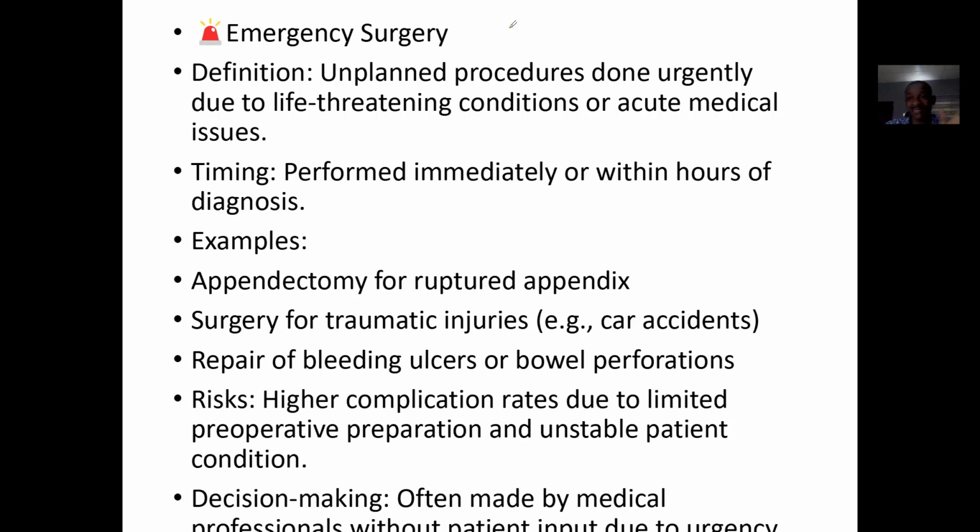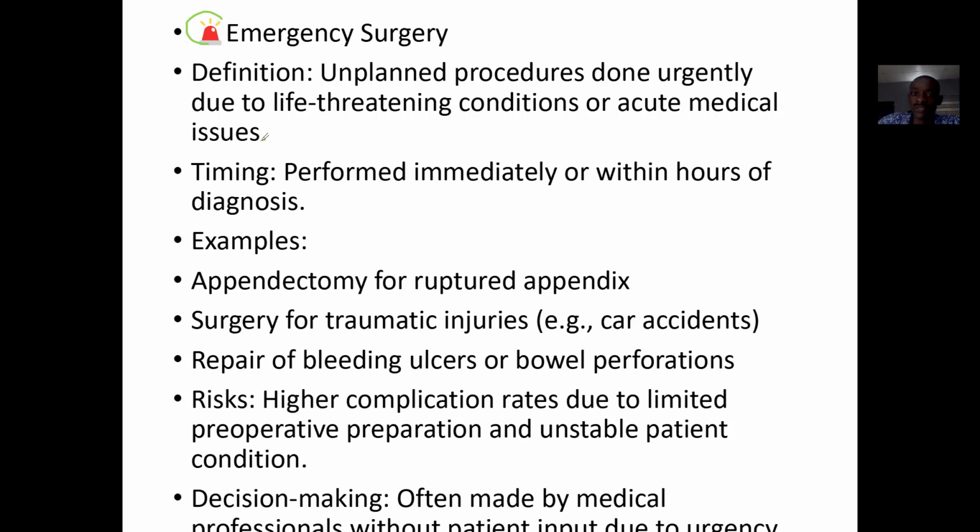So anything emergency is actually a red ping pong, all those ambulance noises on the road. It's an unplanned procedure and it's done urgently. As a doctor, you might have served your whole day in the hospital. As you're just stepping home, they are saying, bro, somebody just came to the hospital right now, the head is almost apart and it's only you that can do this. You have to come back, it's an emergency, right?